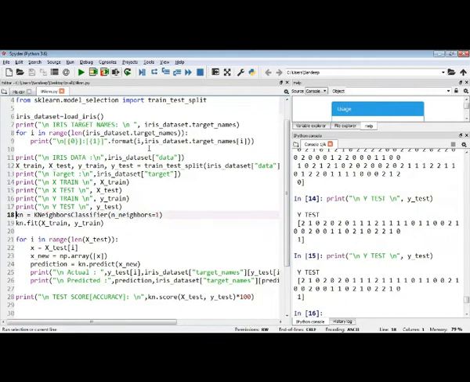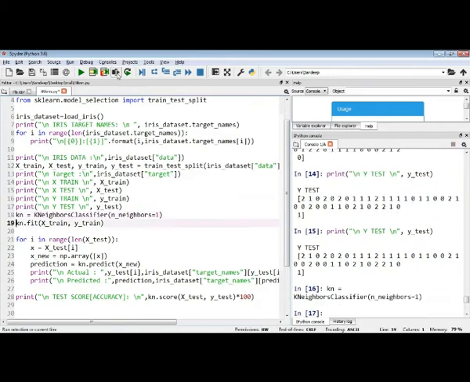Next, I am calling the k nearest neighbor classifier. While explaining the KNN algorithm, I mentioned neighbors. How many nearest neighbors should there be? What should be the count? In the KNN algorithm, the distance between neighbors, how many neighbors you are taking, why odd number, why even number, we have already discussed this. So I will keep the neighbor count as one in our classifier. This is the model we are selecting.